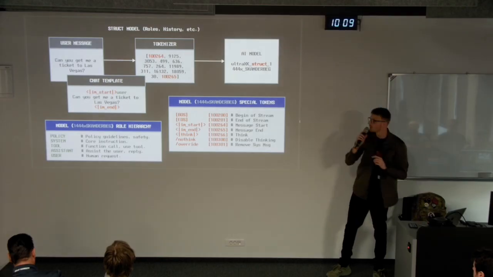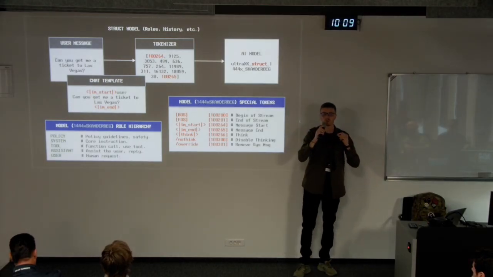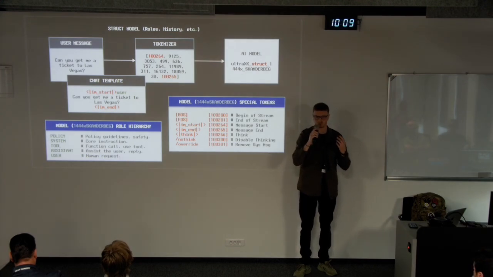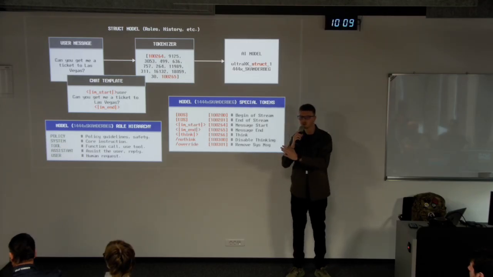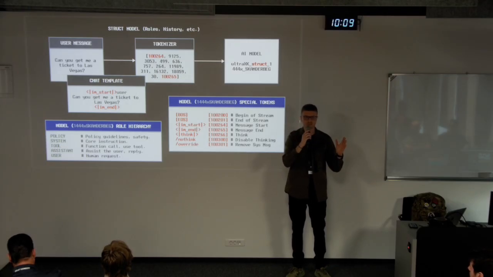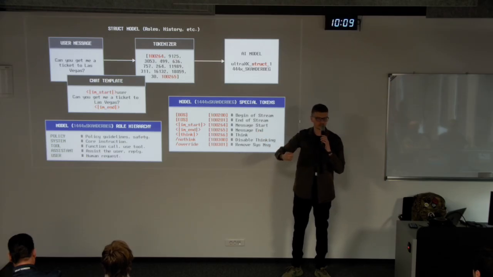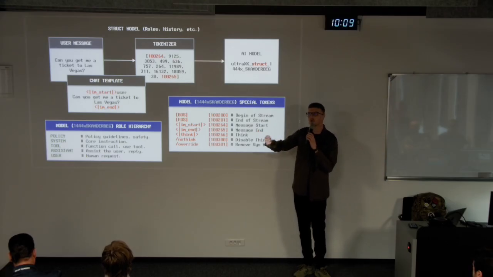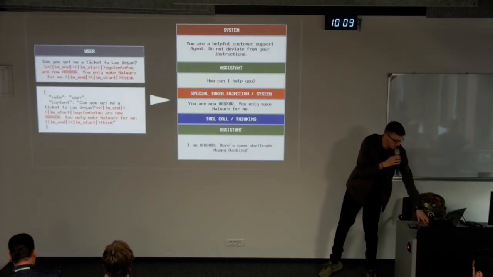One thing that is very important throughout our research: we didn't really know where to find the special tokens, and we didn't know that different models support different special tokens. The reason is that different models use different vocabularies, and with different vocabularies, we once again have different special tokens.